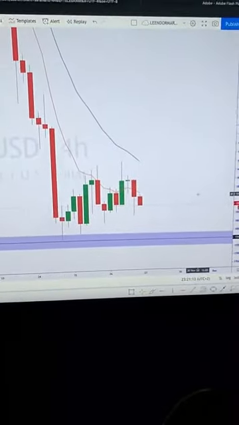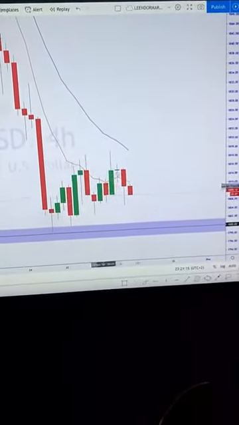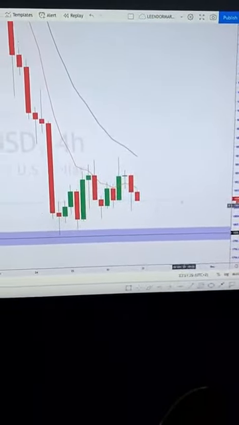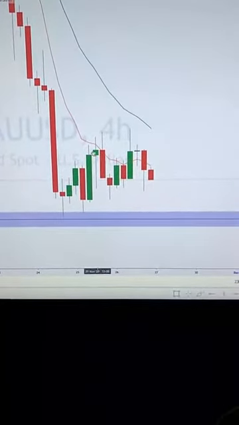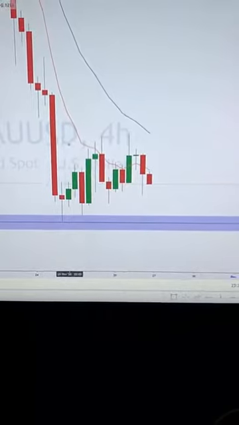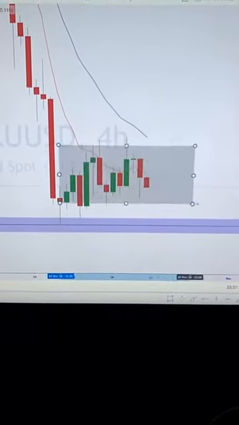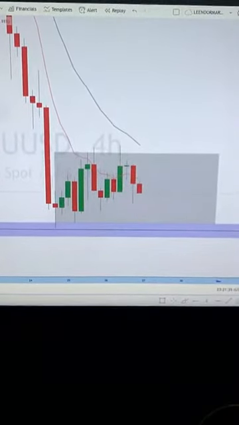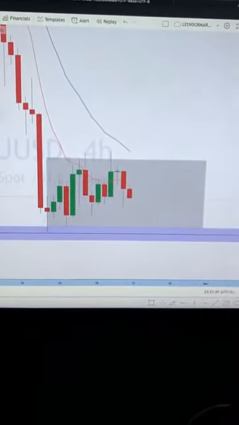Now, looking at this structure information, you're able to see that this market is now ranging around this level. So the market has been stuck in these two zones. And today's the second day the market hasn't really broken out of this zone. Now, you really need to open your eyes and see